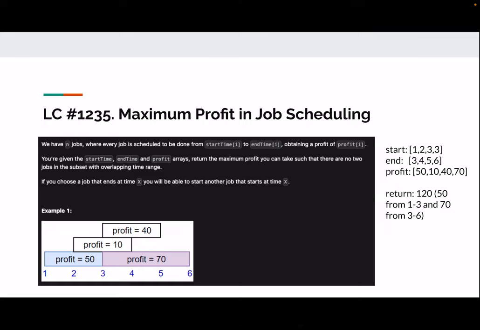In this problem, we have n jobs where each job is scheduled to be done from start time i to end time i, obtaining a profit of profit i. You're given the start time, end time, and profit arrays. Return the maximum profit you can take such that there are no two jobs in the subset with overlapping time range. If you choose a job that ends in time X, you will be able to start another job that starts at time X. So in this example, you have the start time, end time, and profit arrays for each job,